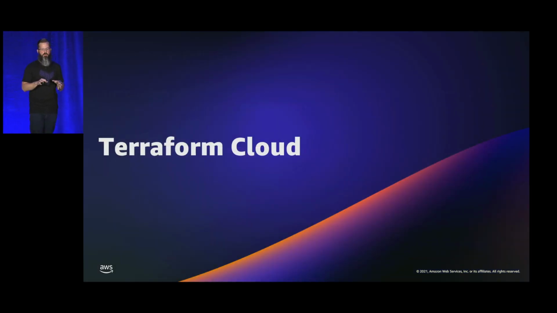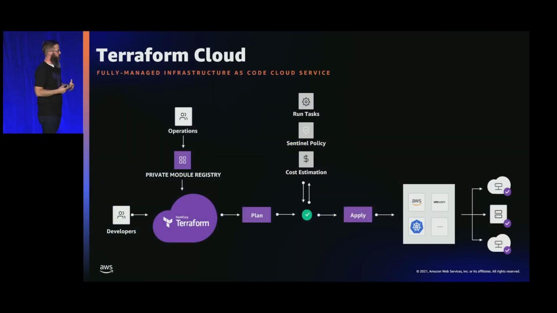All right, one other area that I want to cover here really quickly because it's part of Taylor's demo as he works through that process is around Terraform Cloud. And this is a hosted service that is run by HashiCorp. It's an infrastructure as code cloud service. Basically, we have multiple tiers that you can use all sorts of different features and functionality in. What we're going to be seeing today is everything that's on the free tier.